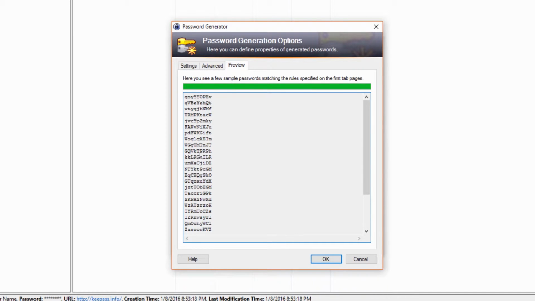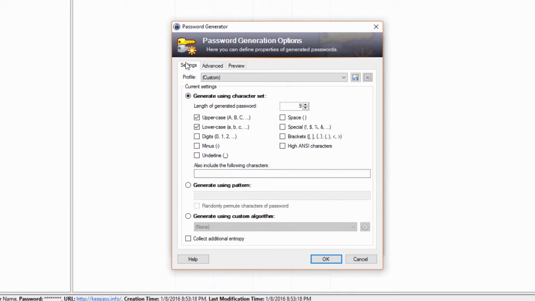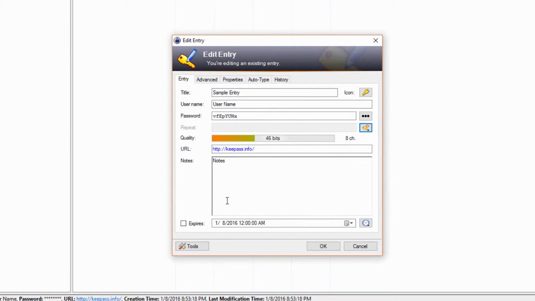So you can generate and just choose one here, or you can go back to settings, and you can even use your own pattern, by the way. This is a very cool password generator as well. Aside from that, you can write some notes. So basically, if you have something special like